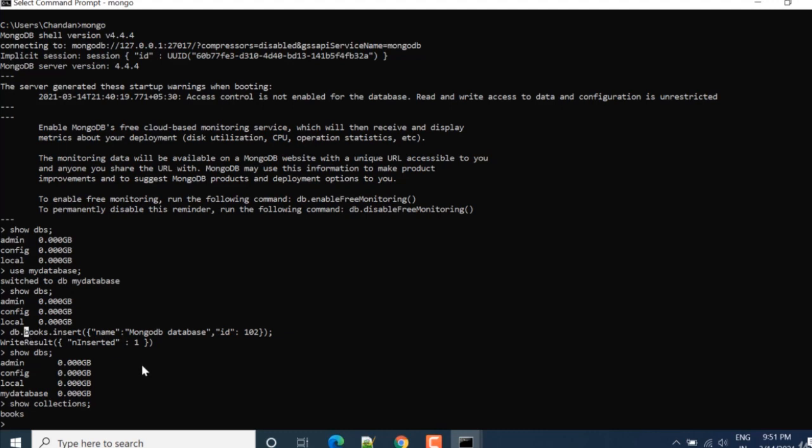So in NoSQL or MongoDB, a database is just equal to the database of a relational database like MySQL or Oracle. But to create the table, we say table is equal to collection. So here we have one collection created, books, and then inside the collection we store documents, right? Similar to a table with rows and columns, we have documents here. So now if you want to list all the documents or all the data available in this collection, you have to write